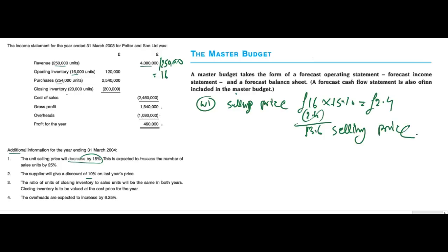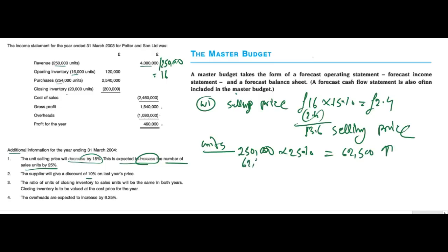Easy peasy, quick working. This is expected to increase the number of sales by 25%. If you decrease your selling price, the demand is going to go up. Selling units, 250,000 already, but if you make it up by 25%, which is 62,500, you add these two, the new selling units are going to be 312,500. Our first working is done. We will move to the second working,